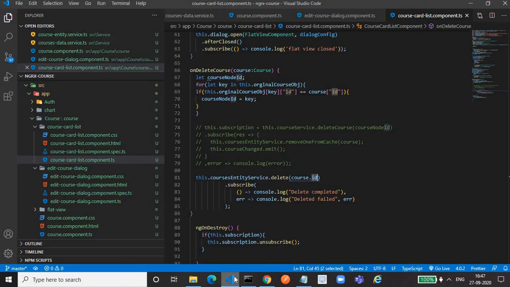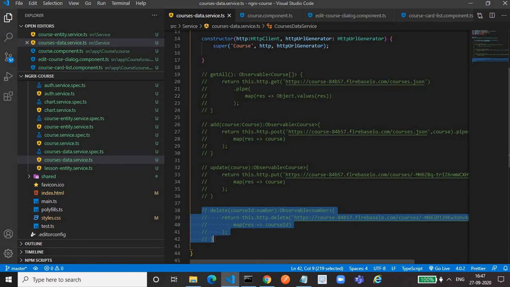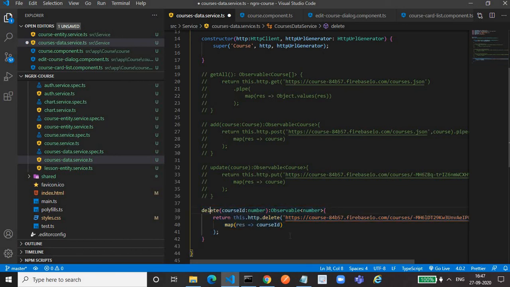So we need to override this delete method. For overriding, again we have to go to the courses data.service, and we are overriding this way. Here we are calling the delete method, then providing the course ID.